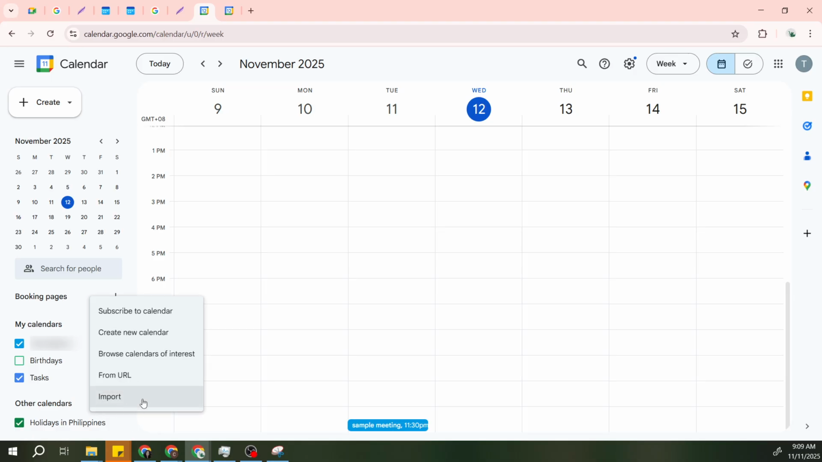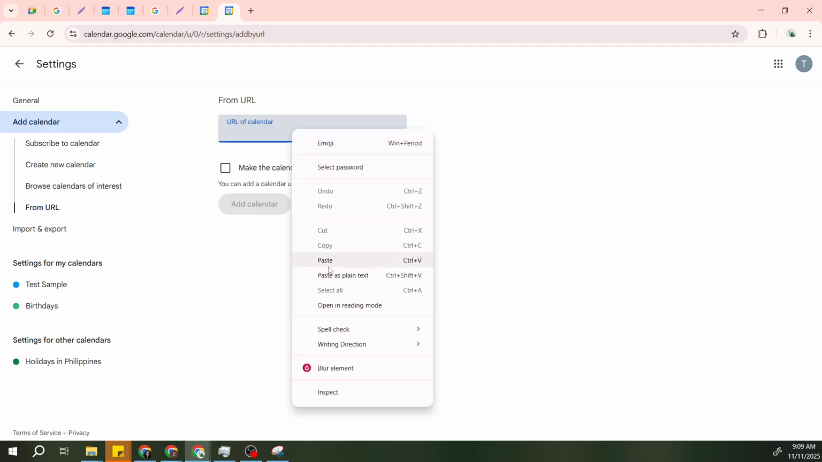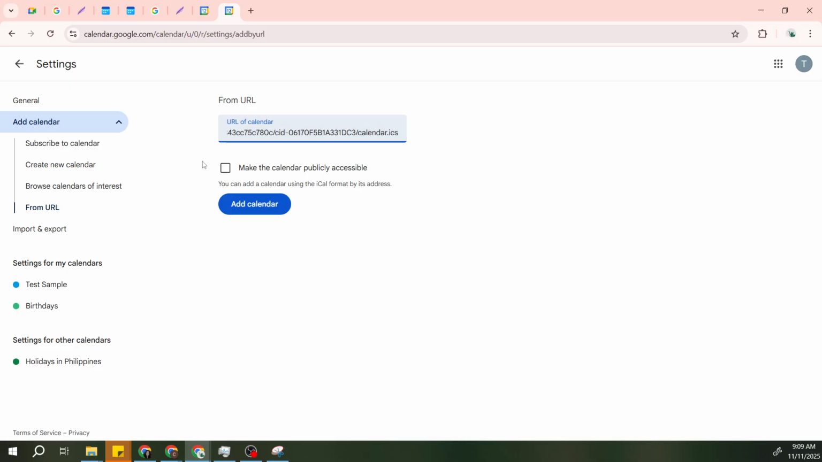Select the option that says From URL from the menu. A new window will open where you can paste the ICS link that you previously copied from Outlook. Insert the URL into the designated field and click Add Calendar. Congratulations! Your Outlook calendar should now appear under Other Calendars in Google Calendar, syncing all of your events and appointments